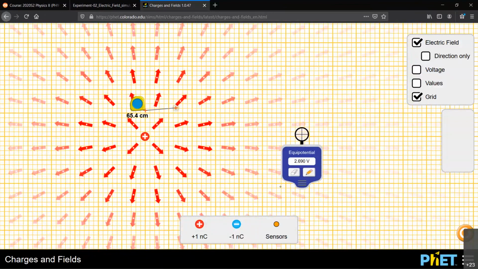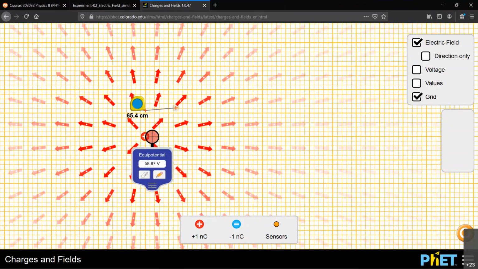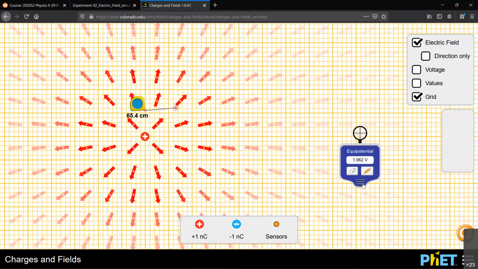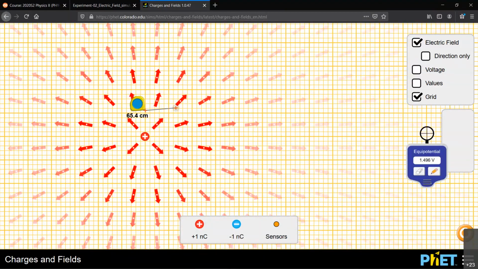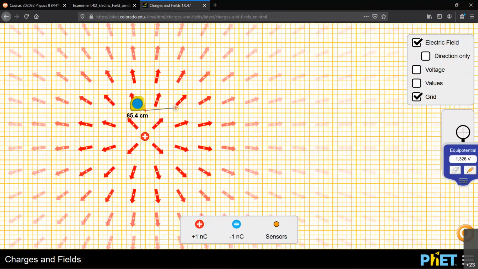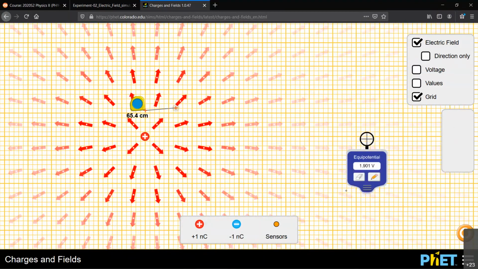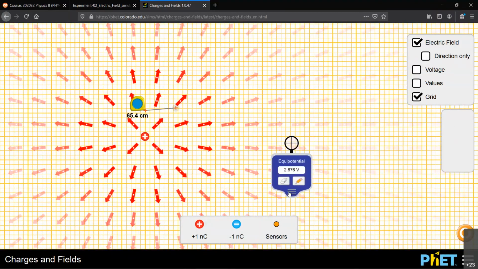So I should observe that behavior if everything is correct in my theory. Close to this charge, I'm getting about 64 volts. But if I go a couple of centimeters away, the voltage is almost close to 1. If we go more and more, it decreases towards 0. To get to 0, you have to go all the way to infinity, right? So that's the idea. Okay, any questions so far?